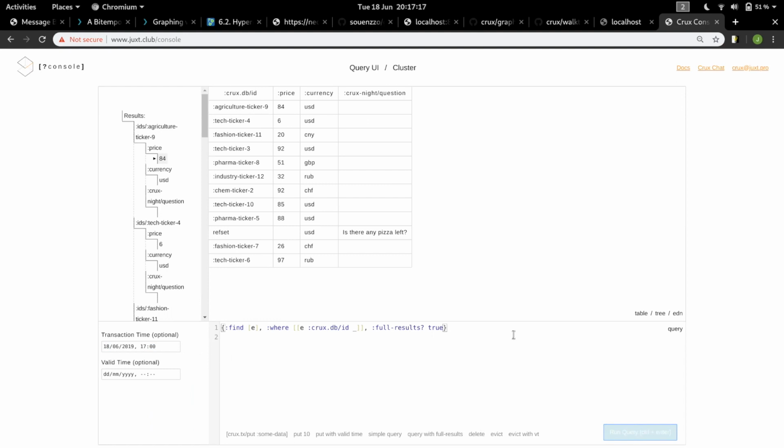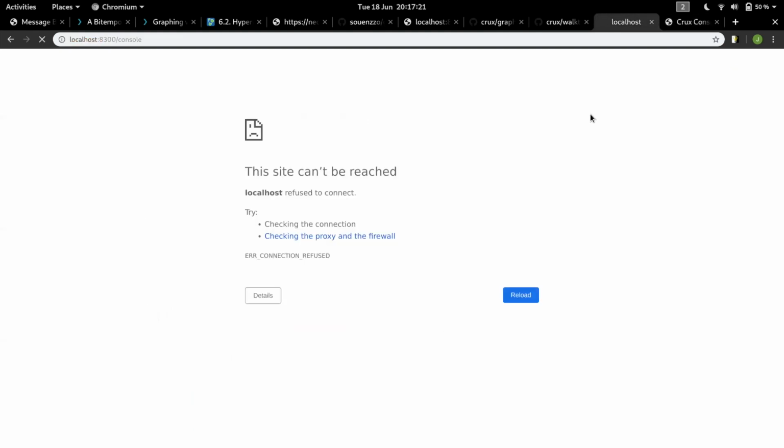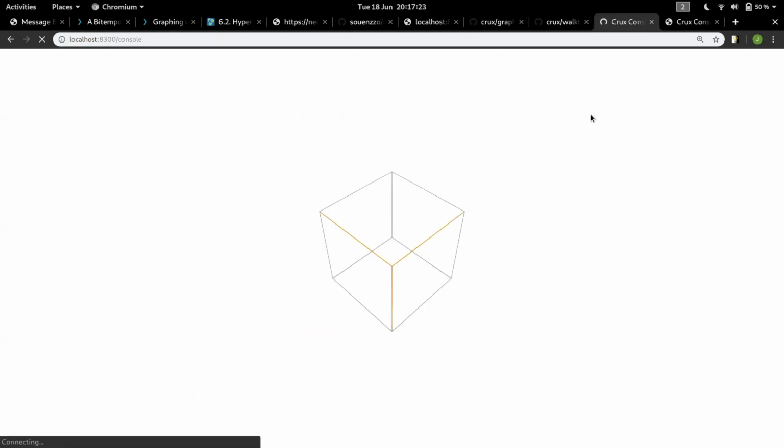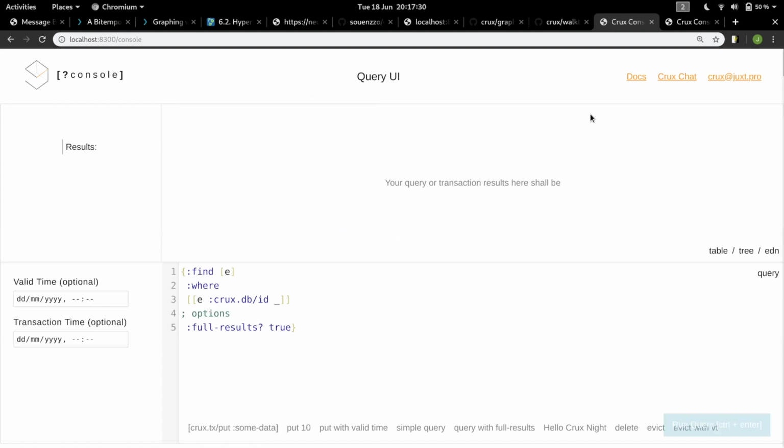So that's how the console works. And hopefully this other thing is loaded now, so I can refresh that. Great. So this is the local development version of the console. Obviously, we're not expecting people to administer their Crux databases using a hosted version of the console. So the idea would be you should be able to do npm install Crux, and then have a nice standalone Crux server, as well as a console that all this is going over CORS.